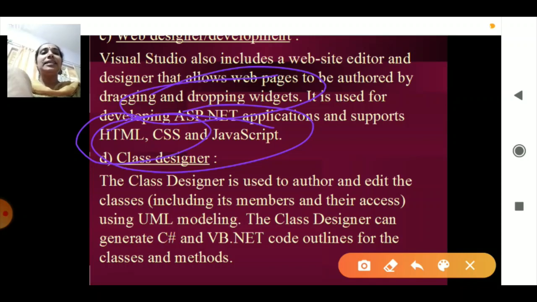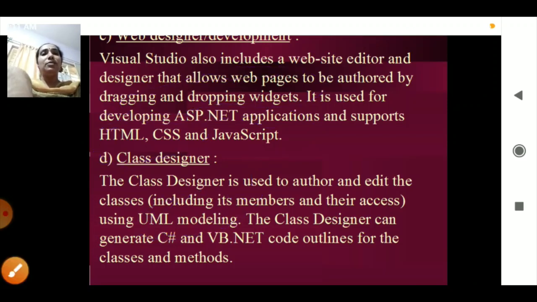And you have the concept of the class designer. If I want to design an element within the programs, you have multiple classes. One class is linked to another class, and another. This is represented through a UML diagram. When one class links to another class, you have the primary key and the foreign key. The primary and foreign key link one class to another class, one table to another table. That is your UML diagram, which consists of the classes and the design of the classes. This is the concept of the designers, which you will be learning in future.